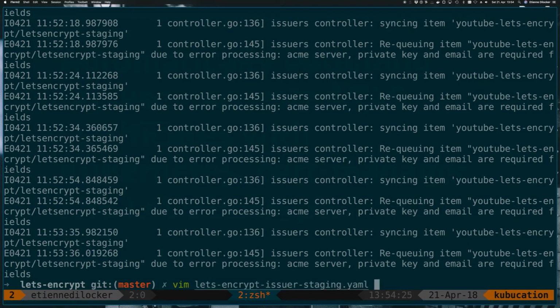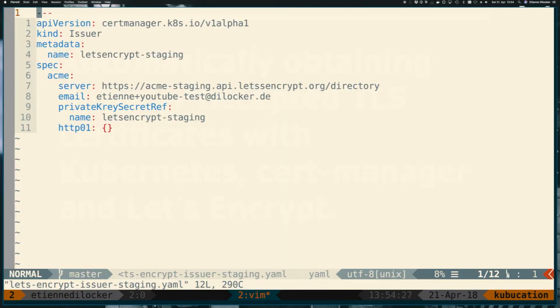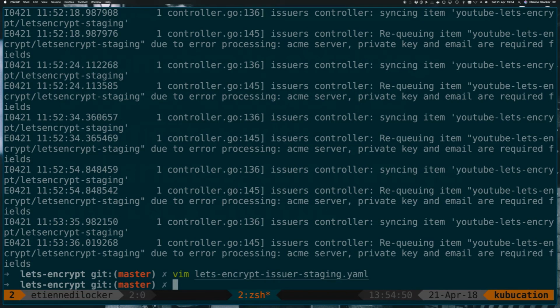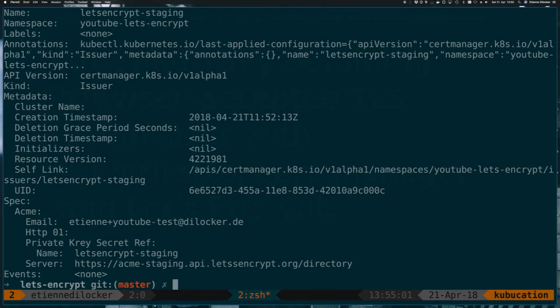So let's check our issuer. So spec ACME server. Ah, there we go. That's a typo. We don't have a private key secret ref. Private key secret ref. Cool. Okay, so now that we have that fixed, hopefully if we do a kubectl describe issuer Let's Encrypt Staging again, we should now see